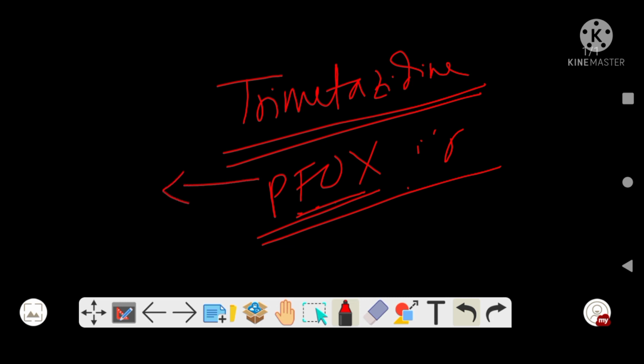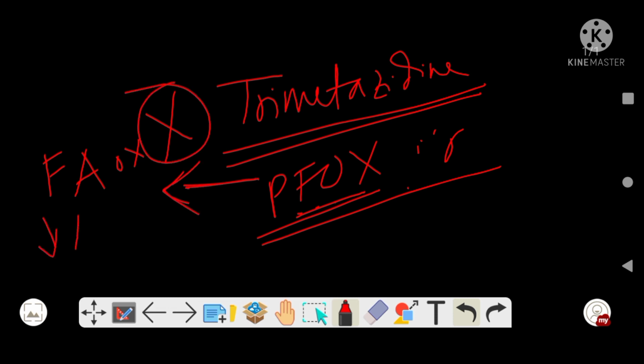I am writing it here so that you don't mess things up. Fatty acid oxidation is gone; this drug inhibits fatty acid oxidation. So ATP is decreased. Now the heart has to compensate for this decreased ATP by increasing glycolysis. In this process there is decreased myocardial oxygen demand, which results in ischemia.